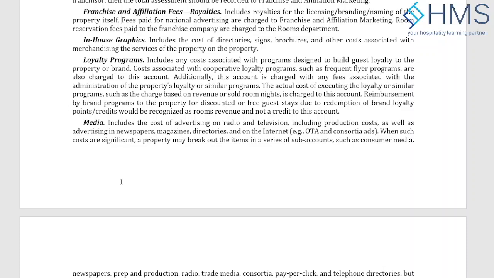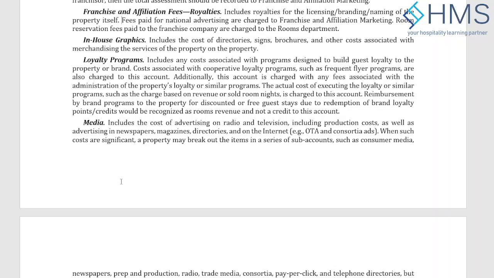But the room reservation expenses will be going into the rooms department, the reservation, which is usually based on number of bookings or number of revenues. But if it's a fixed fee, then it's going to be charged here. So usually the management contract of the big companies comes up with a lot of individual charges, right? The franchise fee, then you have a certain percentage of revenue as a group advertising fee, like a national advertising fee.